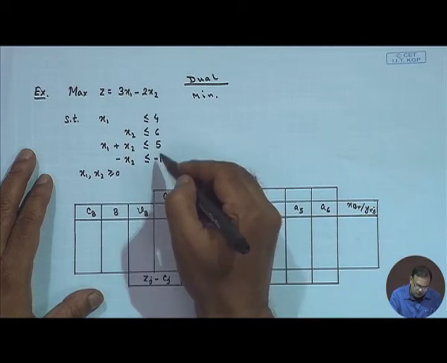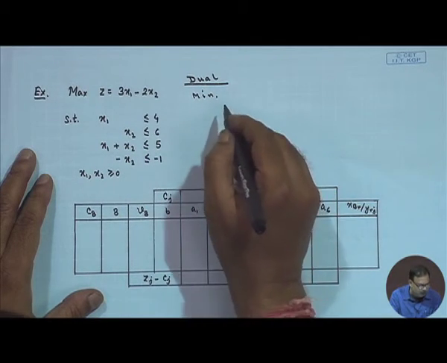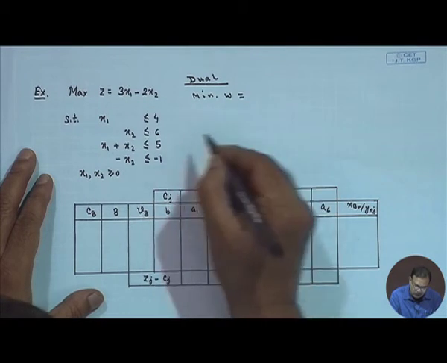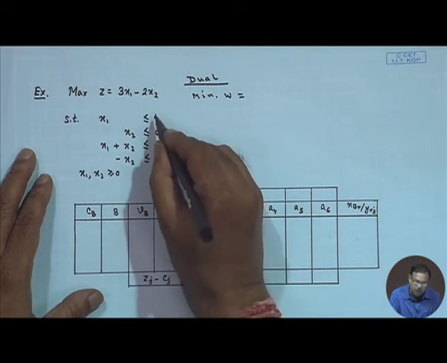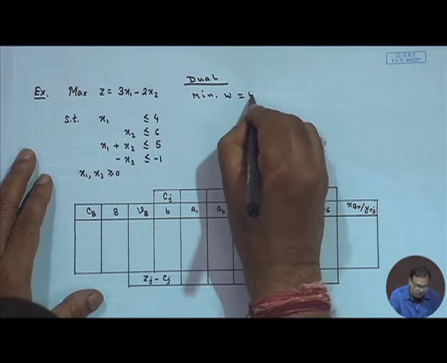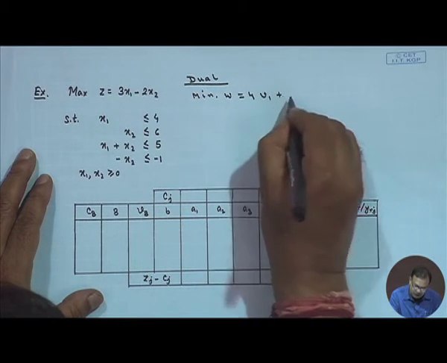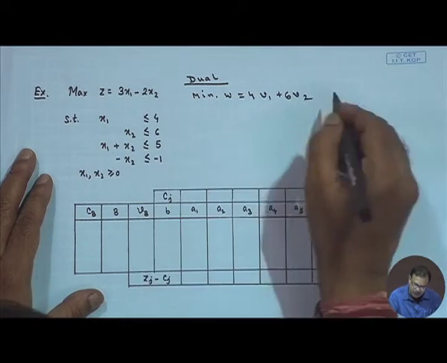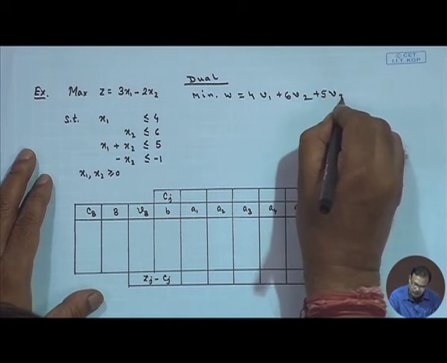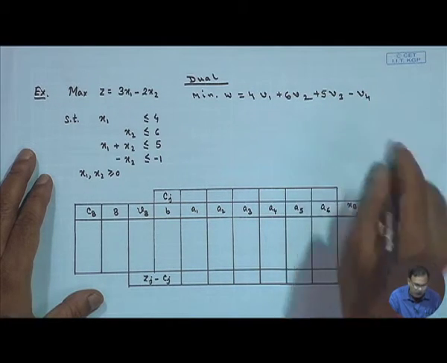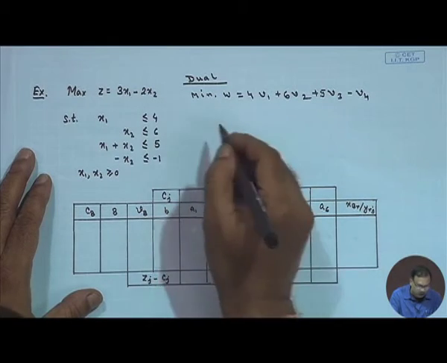There are 1, 2, 3, 4 constraints. So, 4 variables will be there. So, W equals, I have to consider the coefficients b. So, 4 V 1 plus 6 V 2 plus 5 V 3 minus V 4 subject to